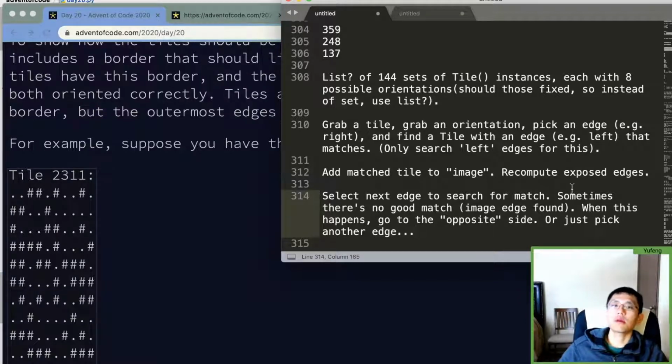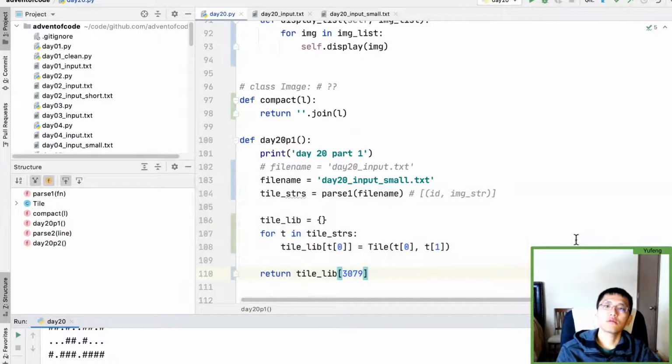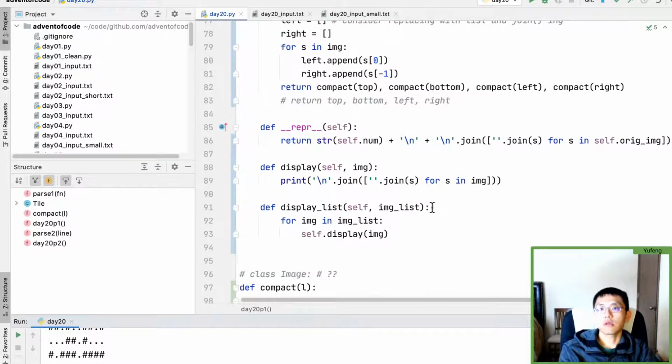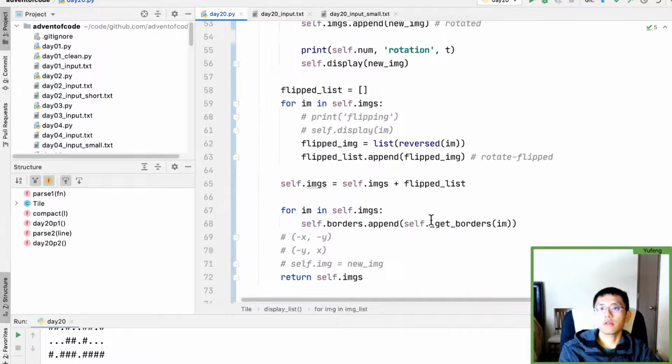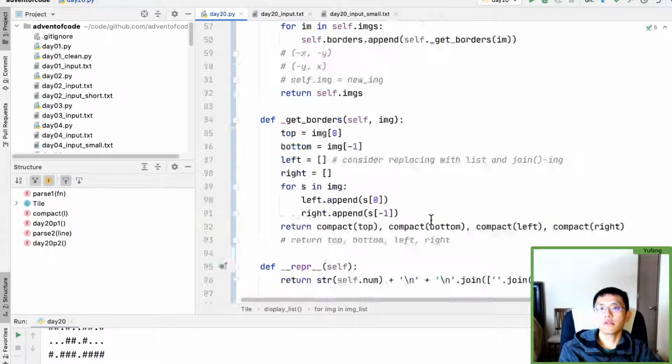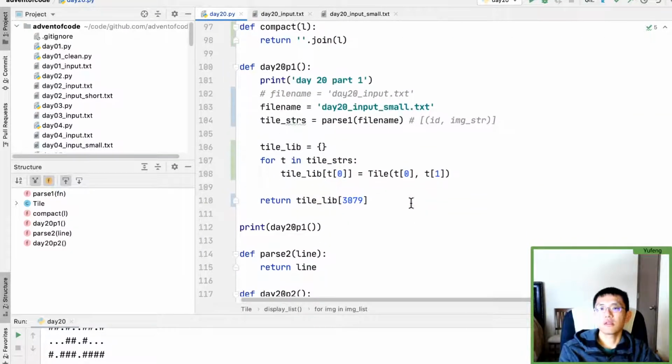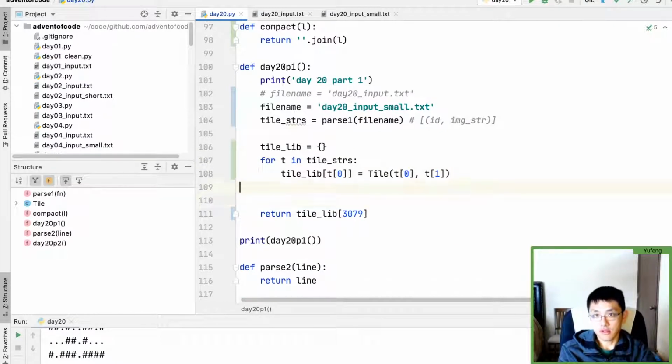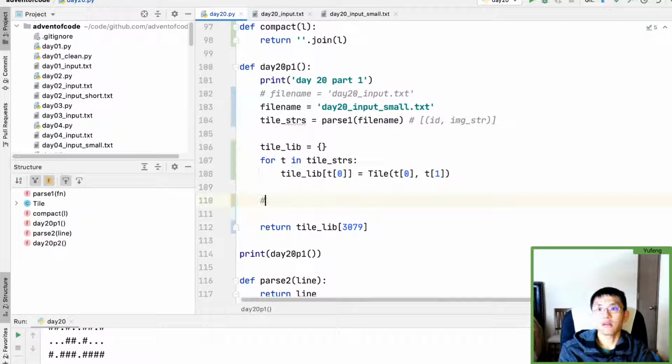But I'm happy with how the class works. We go and we create the tiles. So we've created all of our tiles, and then we can go through, for T and tile, get all our tiles, and then we basically start assembling